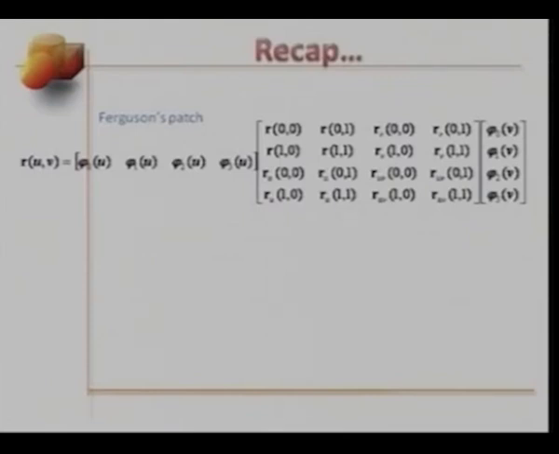We had mentioned last time that as a designer, it is not very straightforward for us to provide higher order information, for example, slopes along the respective parameter directions and the twist vectors. That is one prime motivation as to why we would want to consider surface patch models that involve specifying only data points. Nevertheless,